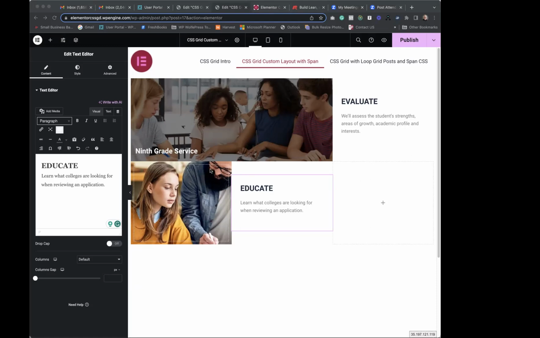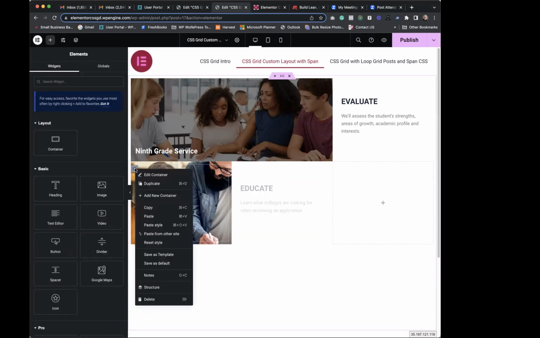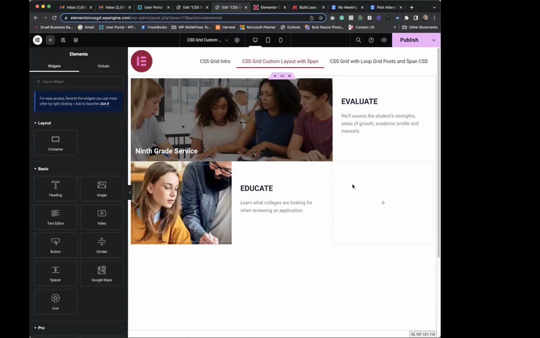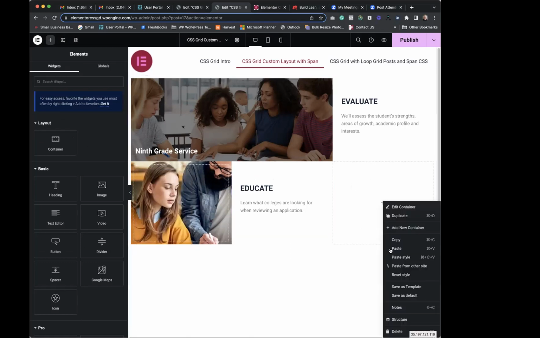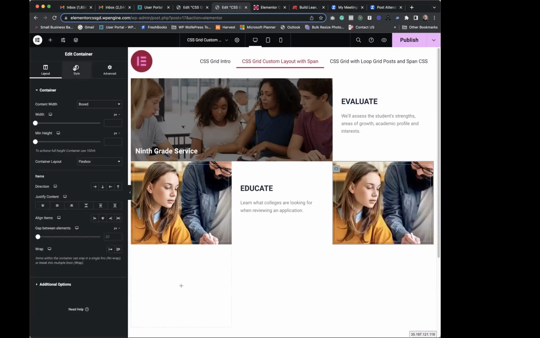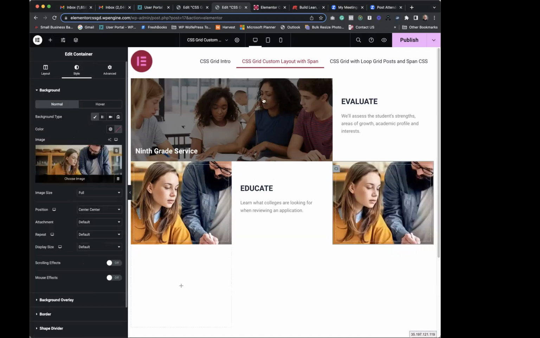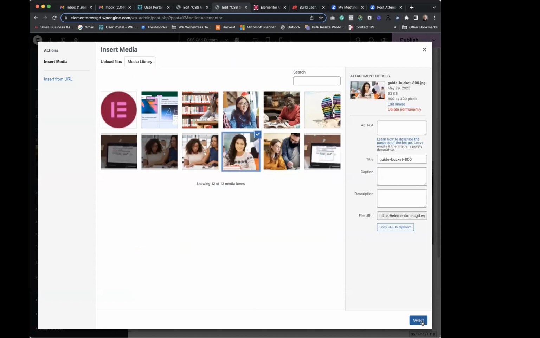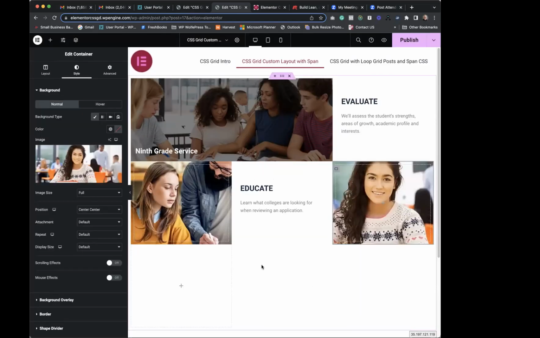Okay. I'm going to take this container, copy, and I'm going to paste there. Swap out the picture. It's this young lady here. Okay, now I've got